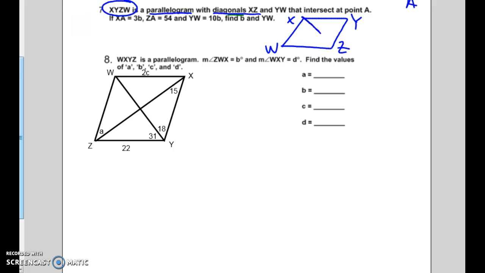Now I have diagonal X, Z, don't I? And I have diagonal Y, W. It says they intersect at point A. It tells me that XA is 3B, and this one is 54. What do you know about those two? They're congruent, they're equal, so 3B is equal to 54. What's B? Wouldn't I divide by 3? So B is equal to 18, great. And then it tells me that WY is 10B. So that means it's 10 times